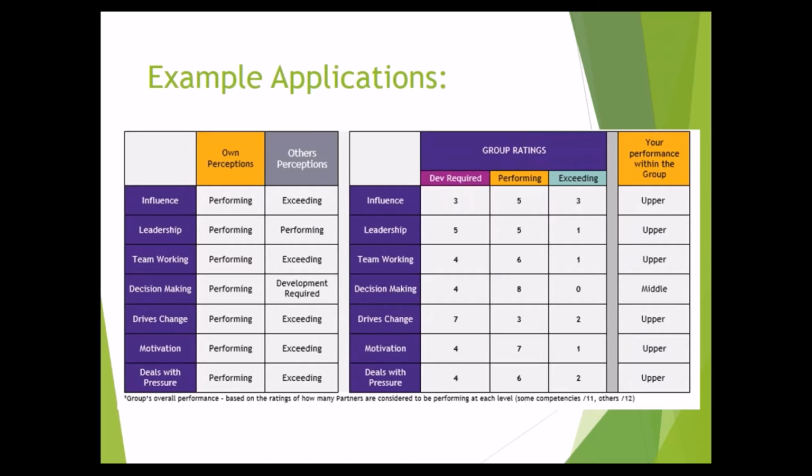So this was a piece of work we did with 12 individuals in the team, and this individual was scoring in the upper quartile of those 12 individuals on all of the competency areas apart from decision making. We can see then they were in the middle quartile, middle section, and others perceived them to need a little bit more development in terms of their decision making. So there's loads and loads of statistics we can do, and we can create a full analysis report based on the individual 360s that we've then taken collectively to produce our Team 360.